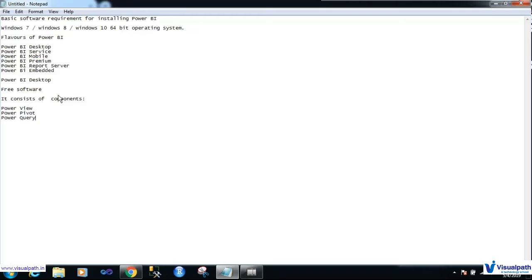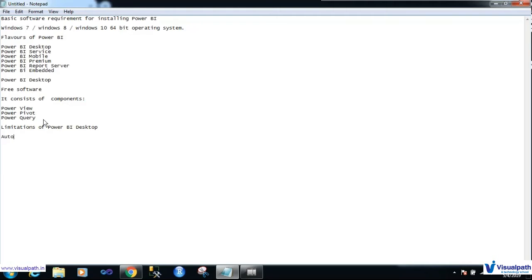We are going to discuss all these things in detail. But before going ahead to the practical, or to download Power BI desktop, we should first know what the limitations of Power BI desktop are.